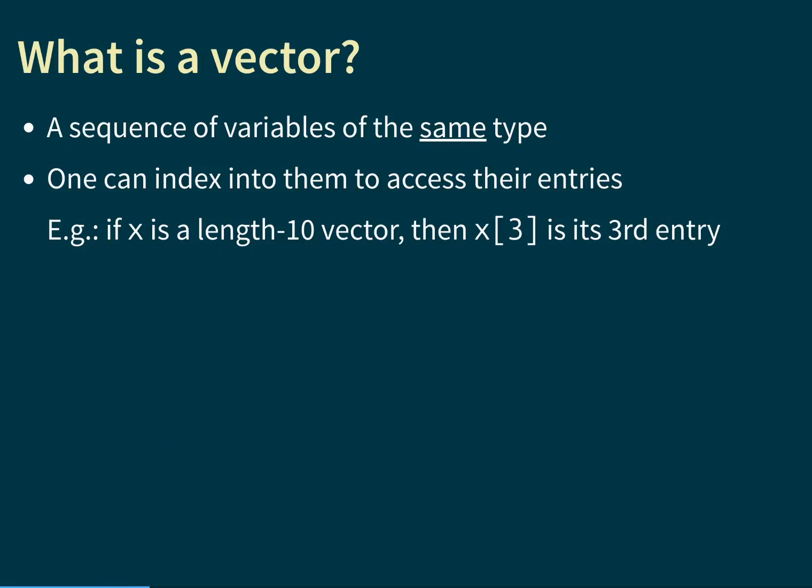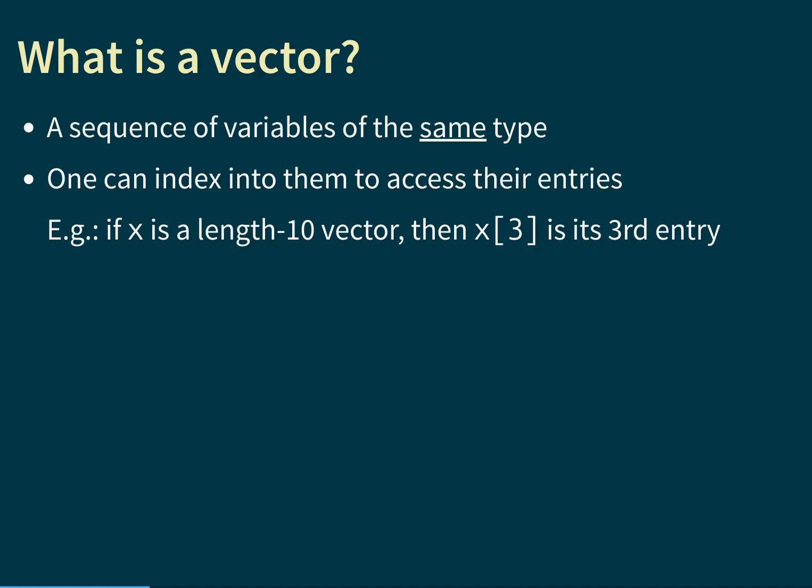So what is a vector? A vector is simply a sequence of values of the same type. That is, a vector comprises of either only numerical or only character string or only logical information. One cannot mix and match them. And the second property is that one can index into these vectors to access their individual entries, which then behave just like any good old value that we've learned about. So for example, if x is a vector that has 10 entries, or as we say, it's a length 10 vector, then x[3], we use these square brackets to access the entries of vectors, would be the third